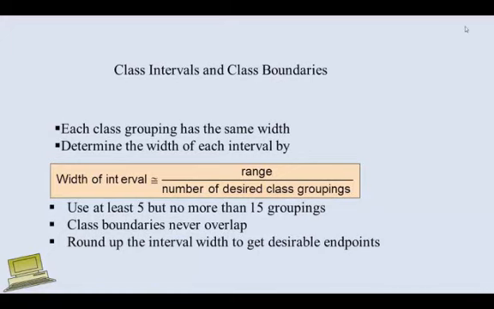हमारे पास जो रेंज है, उसके लिए मिनिमम नंबर ऑफ क्लासेस 5 होनी चाहिए और नॉट मोर देन 15। मतलब 5 से 15 के बीच में हम ग्रुप बना सकते हैं, और वो ओवरलैप नहीं करने चाहिए। उसके अलावा राउंड अप द इंटरवल विड्थ। अगर पॉइंट्स में आ रही है तो हम पॉइंट्स में तो नहीं लेंगे, हम उसको राउंड अप कर लेंगे। अगर 9.5 या 9.6 है तो हम उसको 10 पे ले जाएंगे। अगर वो 9.4 या 9.3 है, यानी 0.5 से नीचे है, तो हम उसको 9 कंसिडर कर लेंगे।